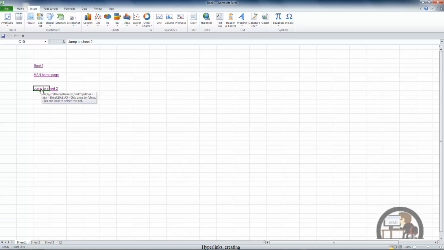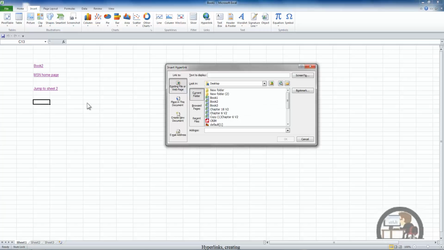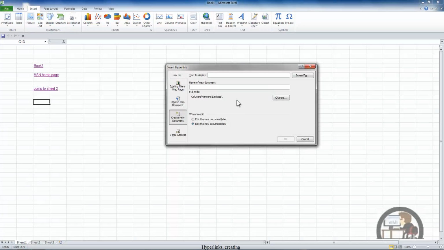So we can also create a new document. I'm going to select the cell, press Control-K, left-click Create a New Document, and input some text. And I can define the name of the new document or the new workbook. And of course, set up a screen tip. I can change the location that it's going to be saved to when I open it up. I'm going to leave it at my desktop,